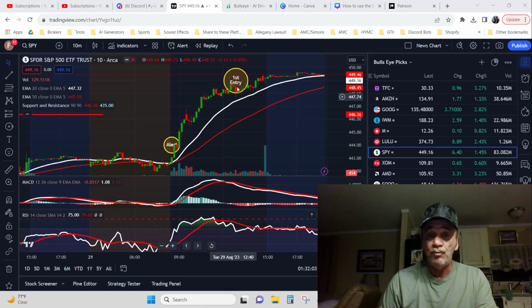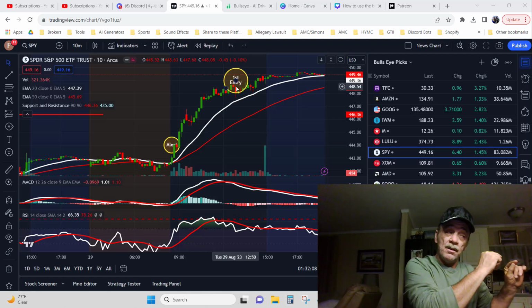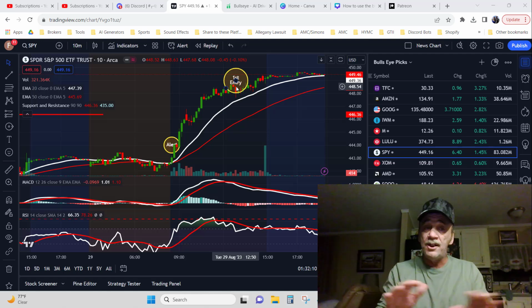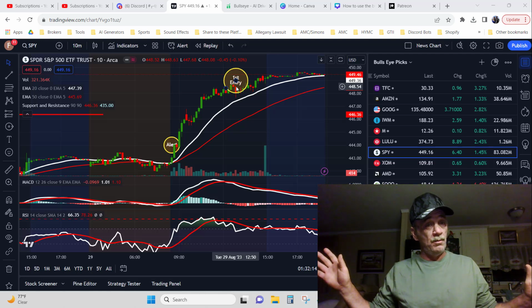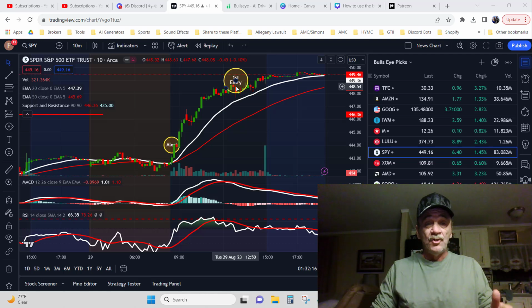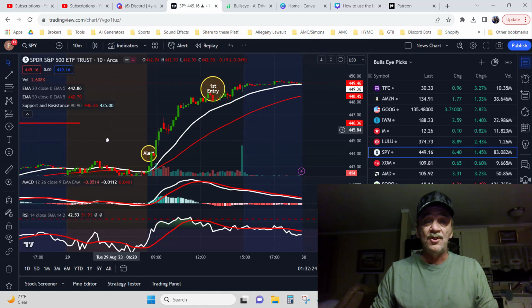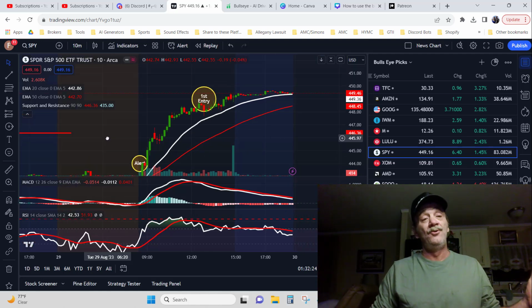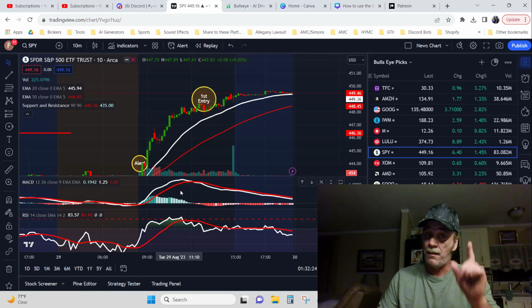So this would be my first entry, but that alert was only good for yesterday. It's not good for today or tomorrow. All right, so I have an entry point right here for a put that I now know, and I wait till tomorrow. So I did not get into the SPY trade. I didn't lose any money. Why? Because I checked my indicators before I made the purchase.